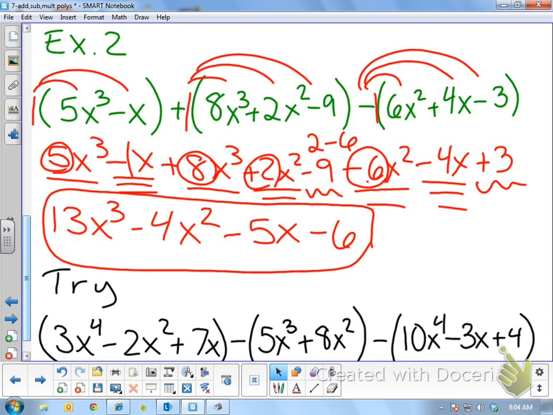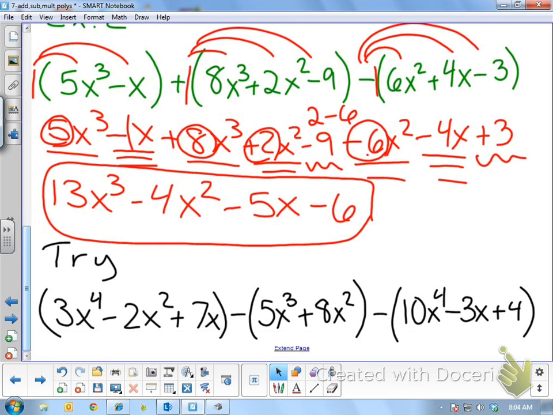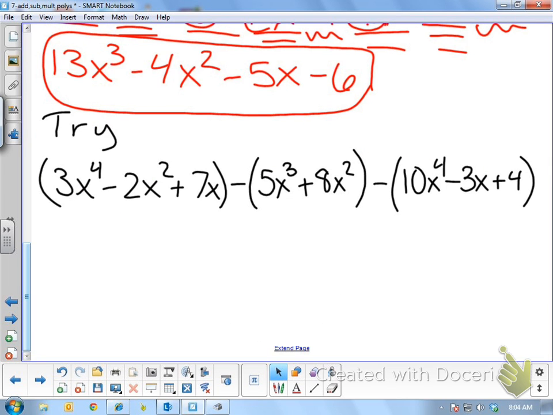Okay? So I want you guys to try this problem, and then we'll talk about multiplication. Okay, so let's look at this problem, and then we'll talk about multiplying. So on this try problem,